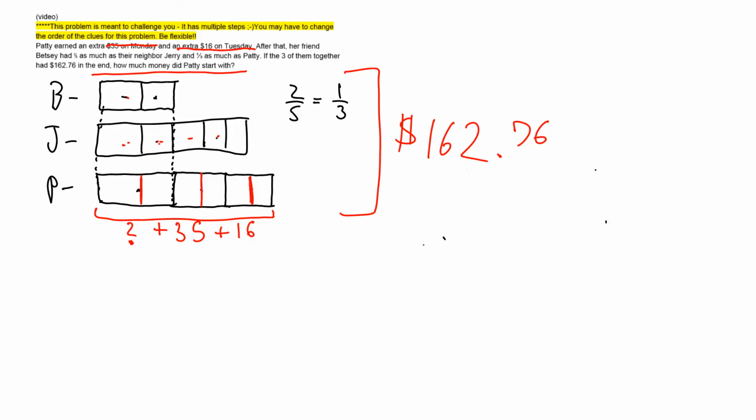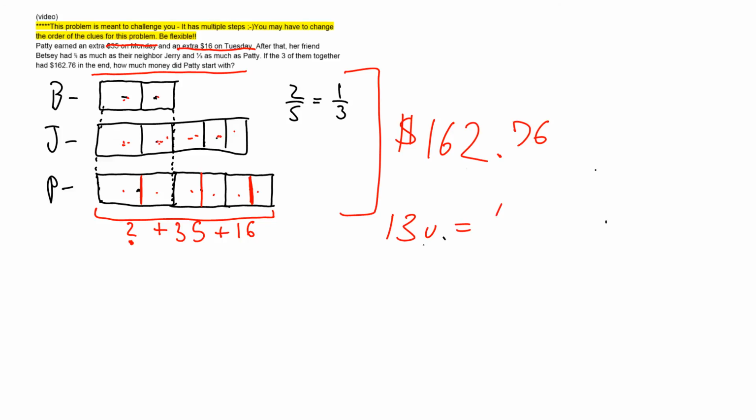So what should we do here? Well, if we're unsure of how many units equal 35 and 16, let's only focus on what we do know, at least for right now. Right now, we do know this, that these 2 units, plus these 5, plus these 6, or 13 units,